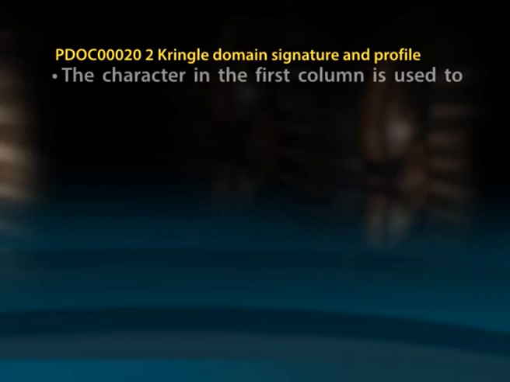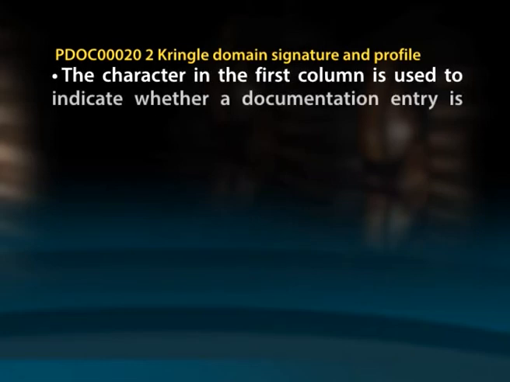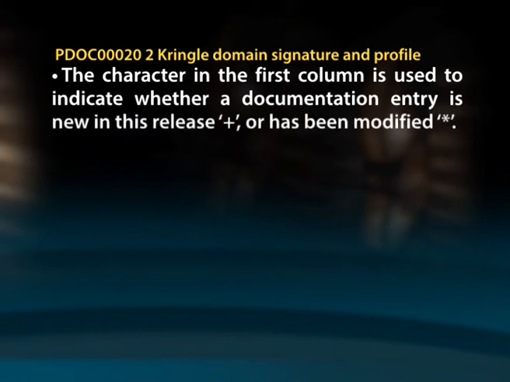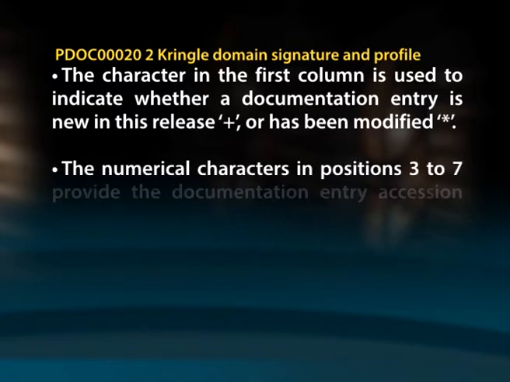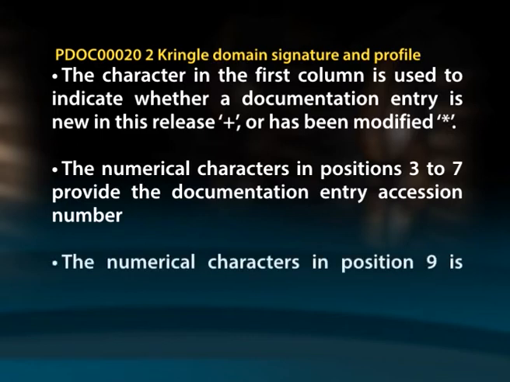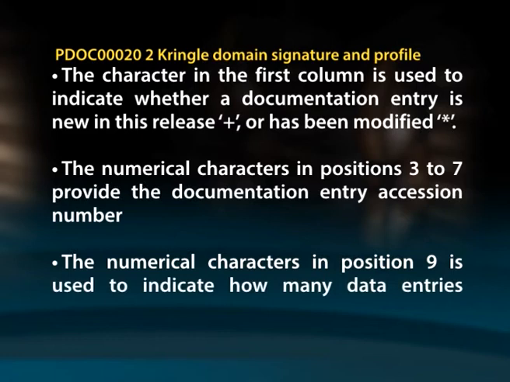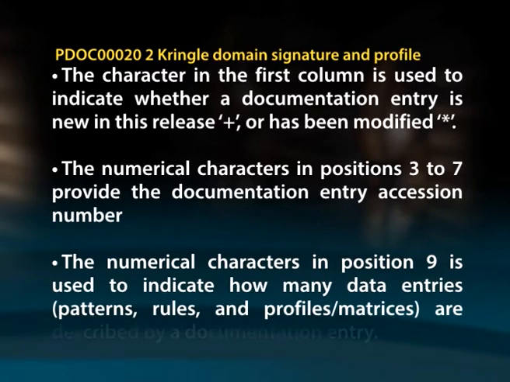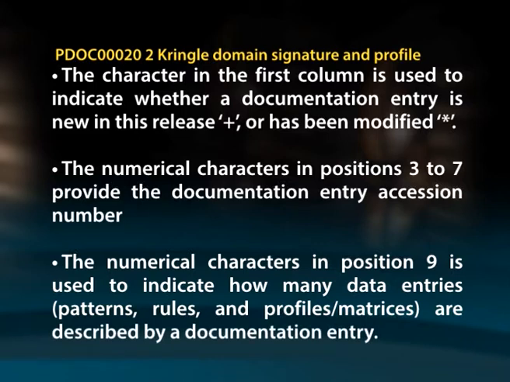The entries in the database are alphanumeric and follow a definite structure. Let us now consider an example. PDOC00020 Kringle domain signature and profile. The character in the first column is used to indicate whether a documentation entry is new in this release, plus sign, or has been modified, asterisk. The numerical characters in positions 3 to 7 provide the documentation entry accession number. The numerical character in position 9 is used to indicate how many data entries such as patterns, rules and profiles or matrices are described by a documentation entry. Examples are